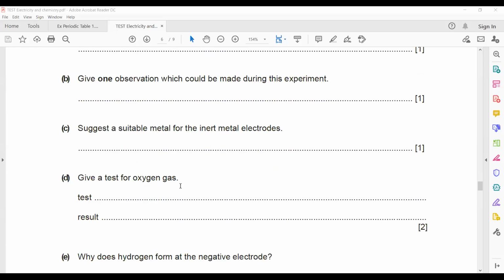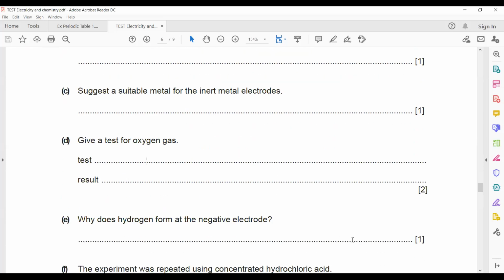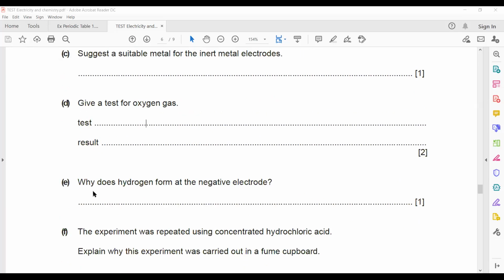Then give a test for oxygen gas. What is the test for oxygen gas? A glowing splint, it will relight. Why does hydrogen form at the negative electrode? What's the reason why hydrogen